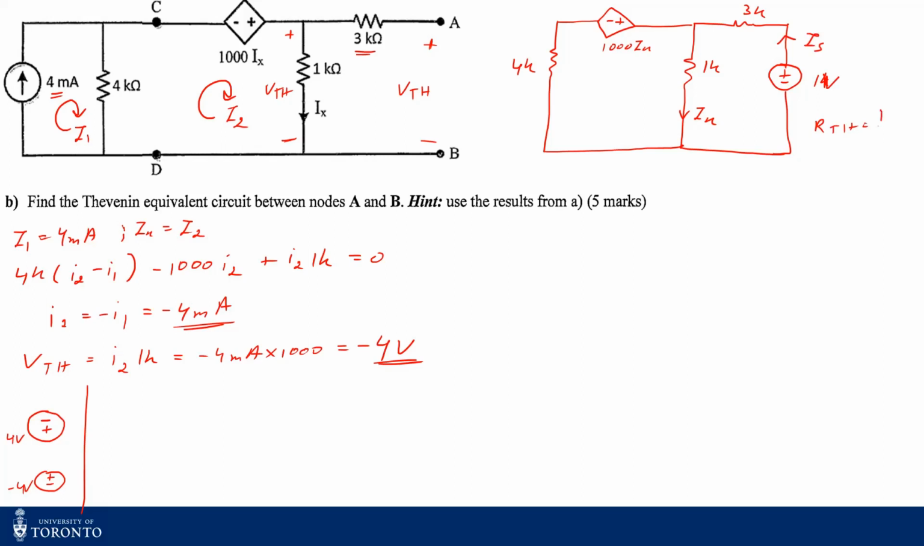Once I know my Is, my RThevenin is just V by I. So that's 1 by Is, where this is 1 volt. That should give me my RThevenin. All right. So now I have to find Is. Now in order to find my Is, I could do